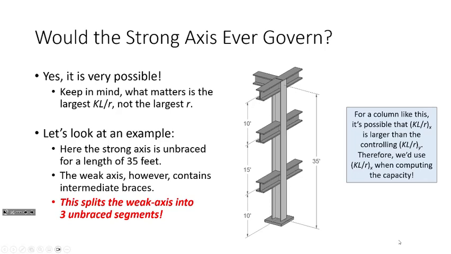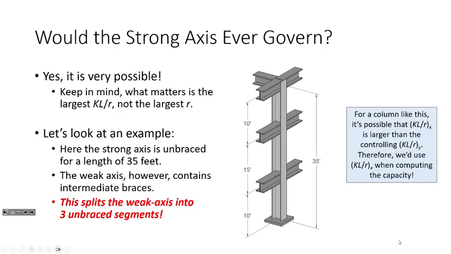Now, a real-world example of where you would see a column like this is like a hotel. How many of you have ever been in like a big hotel in a big city, and you go in and the lobby is like 3-4 stories tall, and then you can look and you can even see rooms in the lobby that extend out. Okay, so you've got columns that extend maybe 2-3 stories out for the big lobby or the big atrium, but then adjacent to that are rooms framing in for the adjacent stories. Okay,